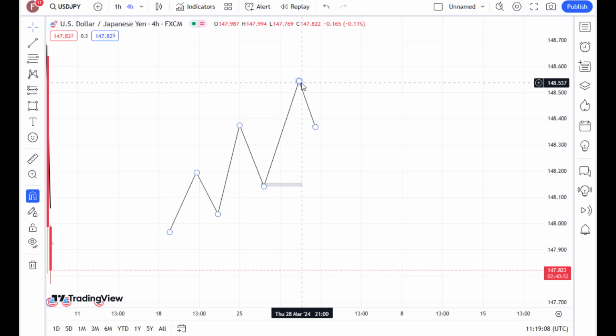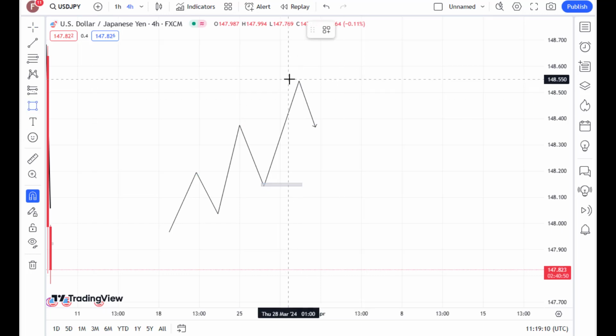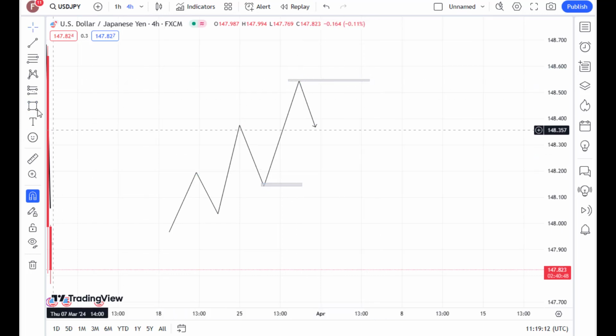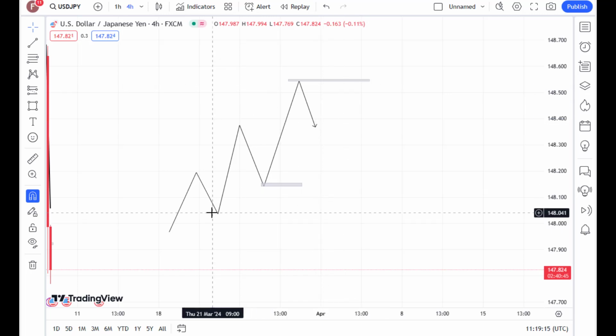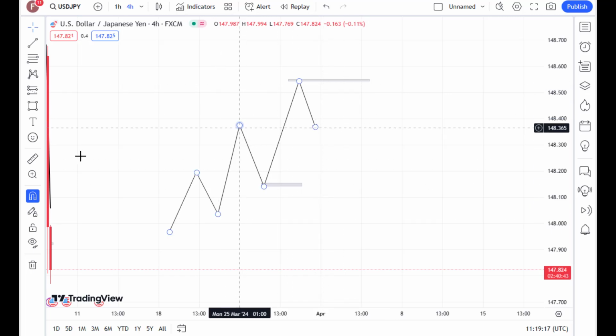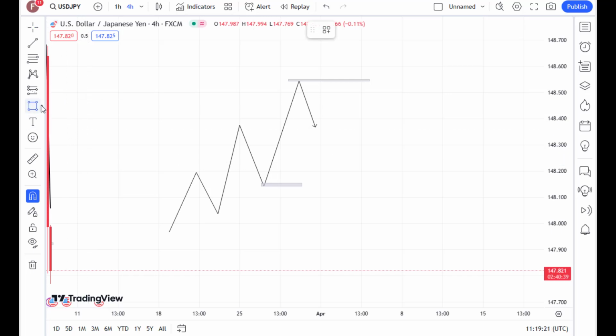We have this to be a higher high. Okay, so if price leaves this zone here, we have this to be a higher high. Okay, if price pulls back, we have a higher low. So here we have a higher low and a higher high. Okay, so basically if price creates a high like that and then pulls back, right,